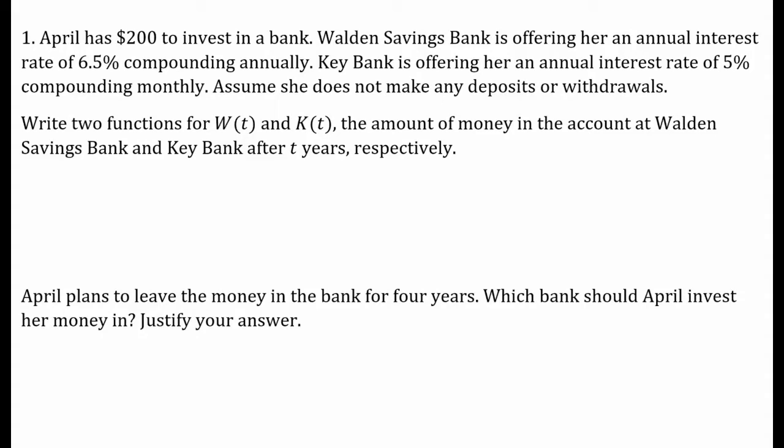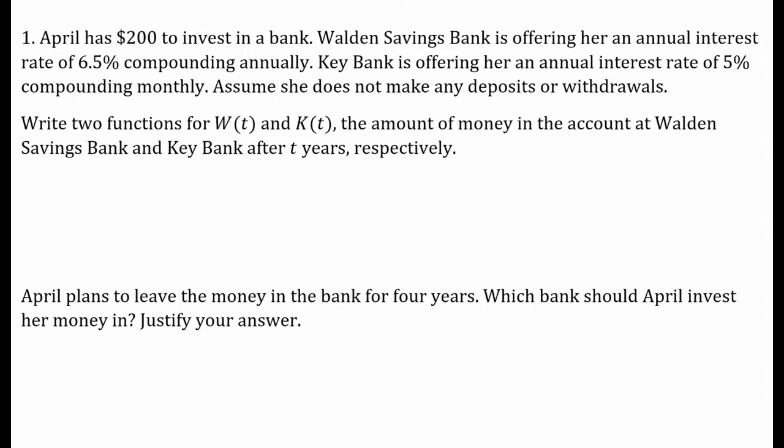Number 1. April has $200 to invest in a bank. Walden Savings Bank is offering her an annual interest rate of 6.5% compounding annually. KeyBank is offering her an annual rate of 5% compounding monthly, assuming she does not make any deposits or withdrawals. So she's not adding any money, she's not taking out any money, she's just letting it sit there and gain